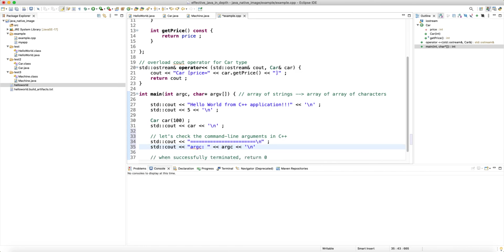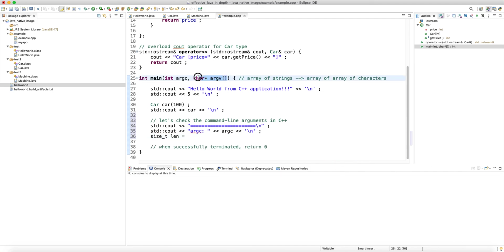So this is the argc, and then let's say size_t length. We have a character array, so we can go through this. We need to know how many elements this has, right? So there are different